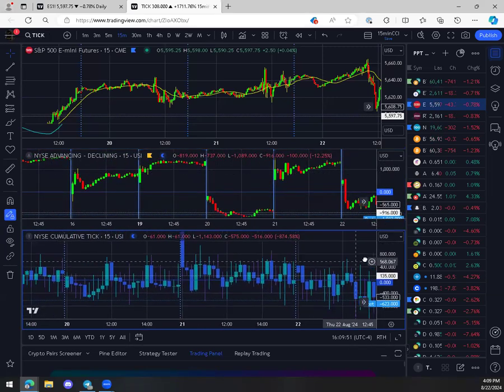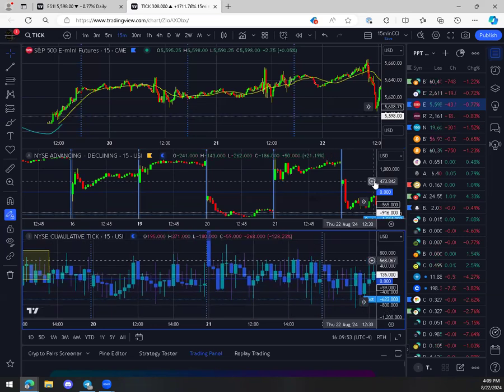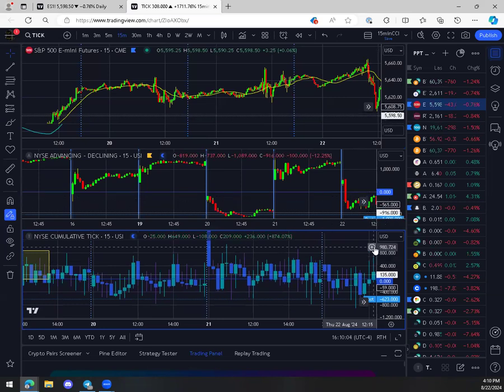I had this in the wrong spot. That makes sense. Okay, good. There's 186 stocks down on the day at this moment in time, right? And we've been below zero, approaching minus 749, confirming this price action, as this pops up into the zero line, right?